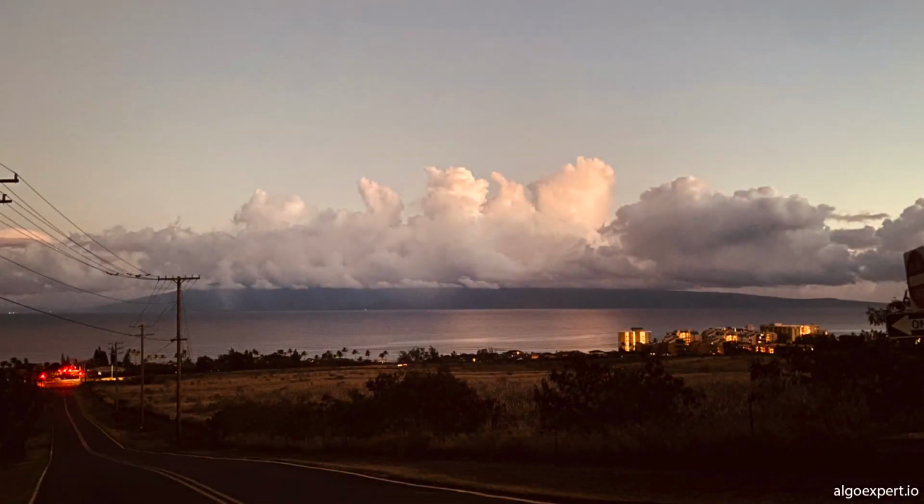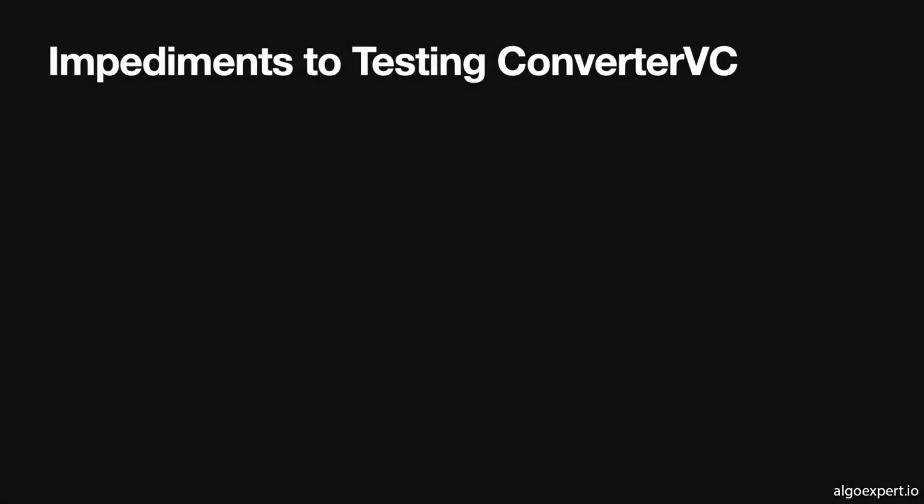In this video, I will introduce concepts that undergird a comprehensive unit test suite, namely dependency injection, test doubles, and side effects. Converter VC is a lot simpler now, but it's still not unit testable because it uses 5 APIs that are difficult to unit test. I described these APIs earlier when describing the files of Roman numerals, but here's a quick